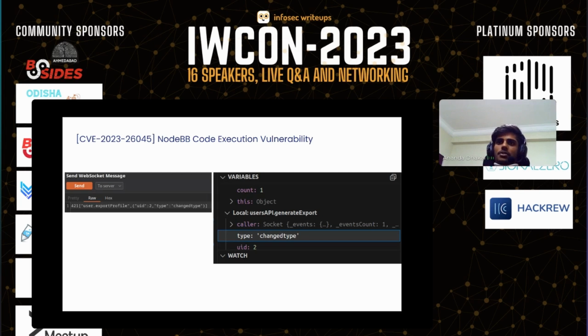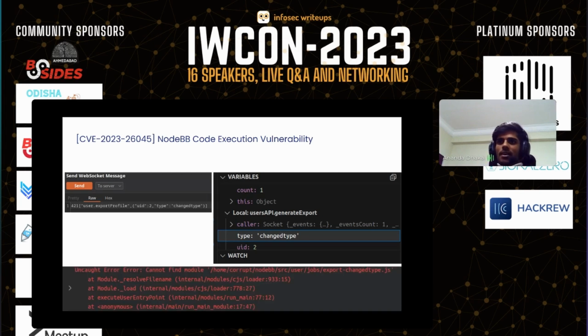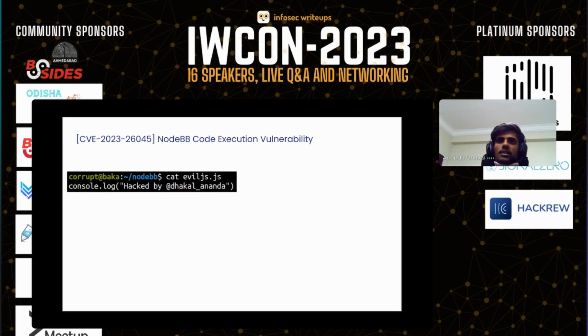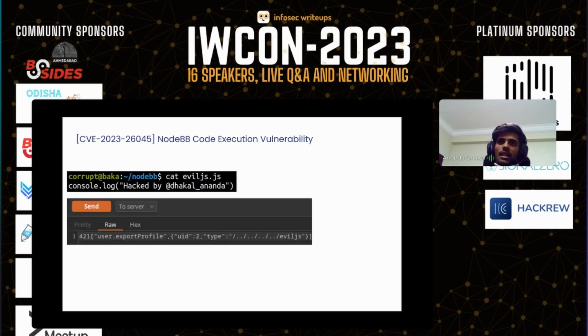Now we'll basically be able to send a request to any path. You can see that we got an error of export iPhone change type.js not found, because obviously the file does not exist. And if we create an evil.js file in the server root, and send a request like this, traversing the path